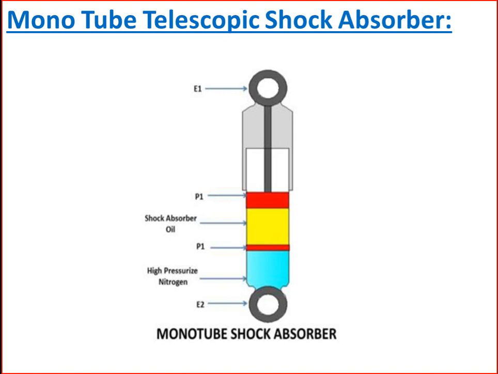When the vehicle again comes across the level road, the piston P1 starts to move upwards, which reduces the oil pressure situated on the upper side of the floating piston. Due to this pressure difference, the floating piston starts to move upward, thus the vehicle gets to its initial position.